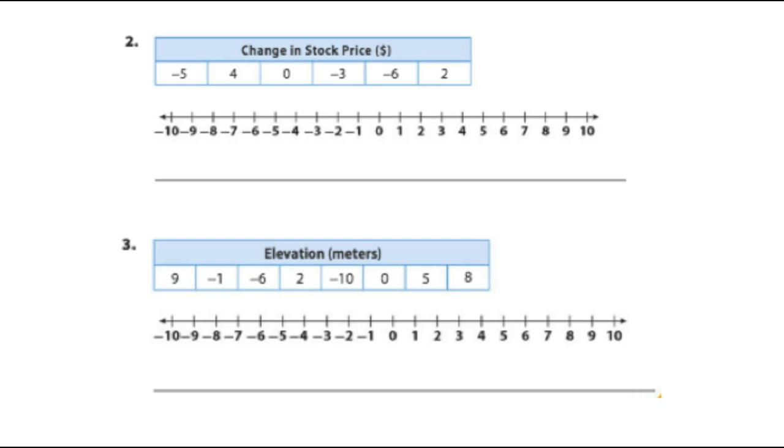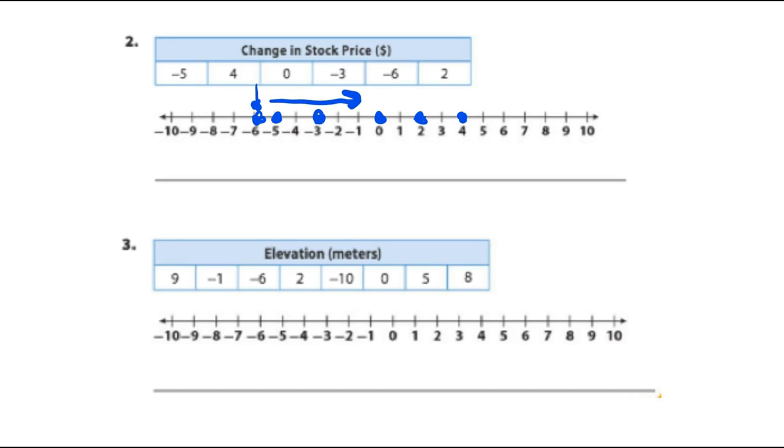Okay, so let's look at number 2. The change in the stock price. We want to order these numbers from least to greatest. We want to plot our numbers first. -5, +4, 0, -3, -6, and +2. Now if we're ordering them from least to greatest, we start from the left, the furthest left,